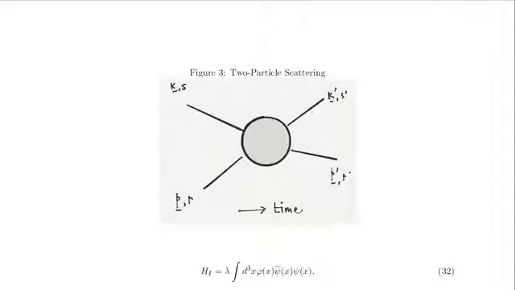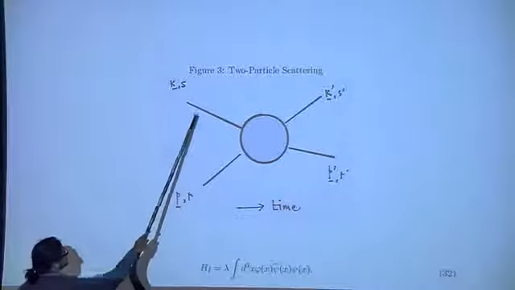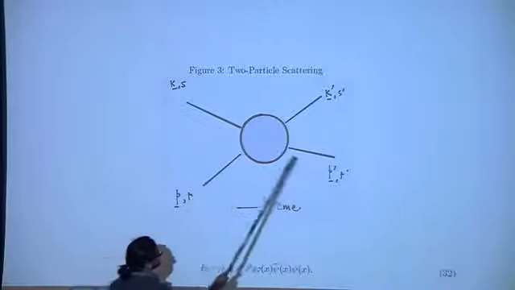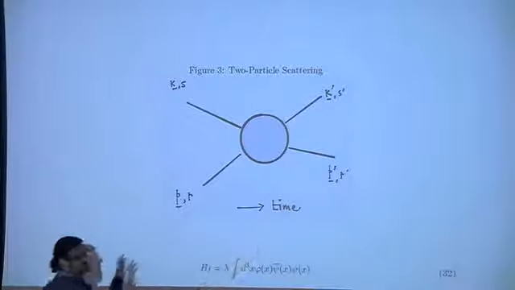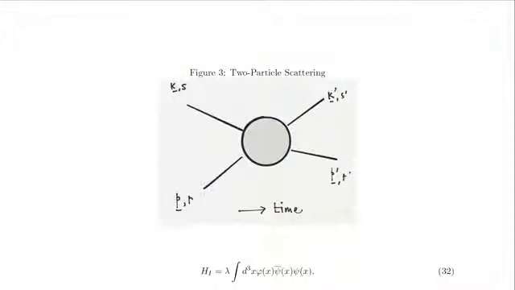So this is the cartoon of what's happening. For me, time always flows sidewise, okay? I'm one of those guys. It doesn't go upwards. For some people, it goes downwards. So here are the two nucleons coming in with momentum, and then the two nucleons going out. This is not a Feynman diagram. It doesn't have all the features that we would like to have on a Feynman diagram, okay?